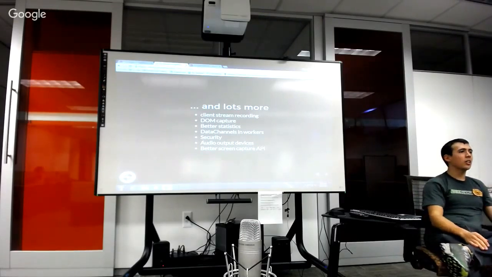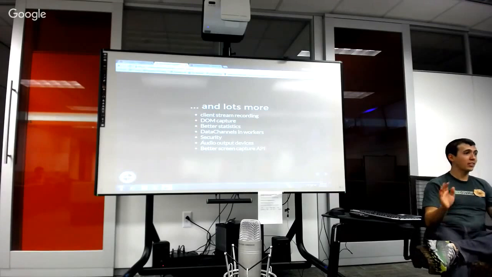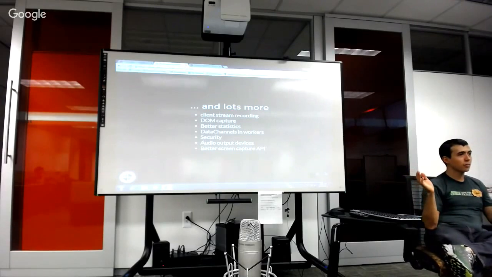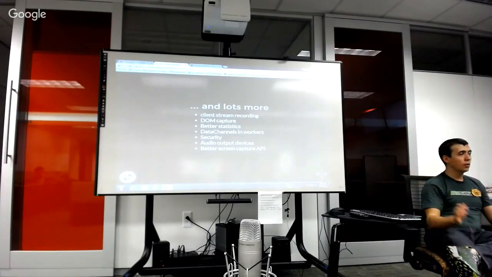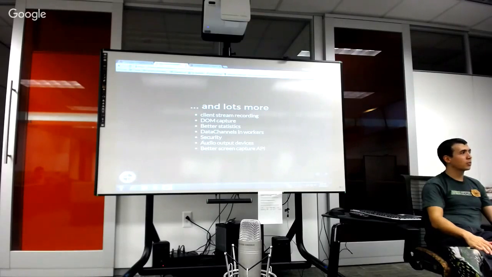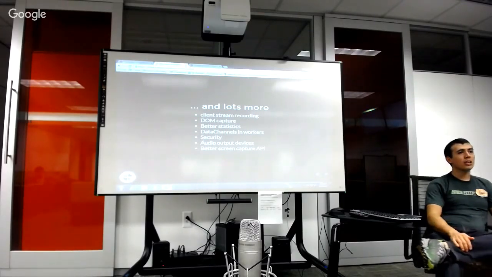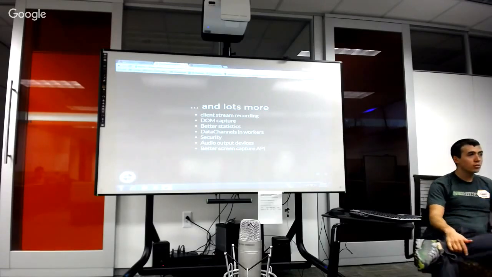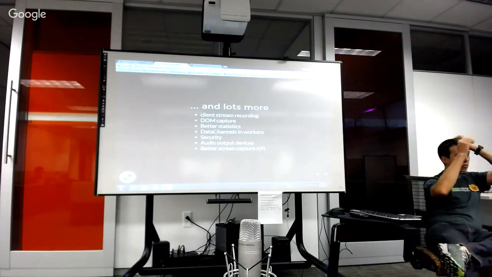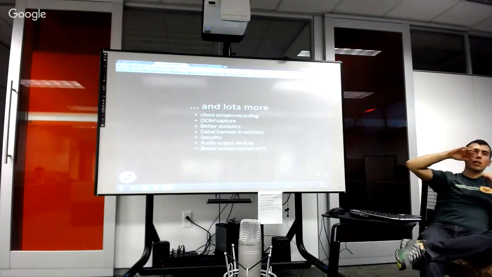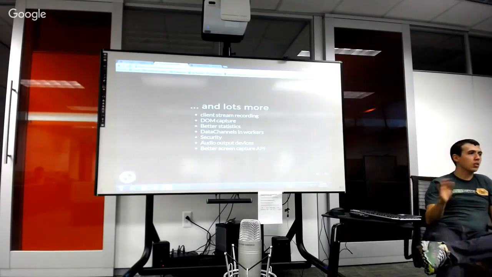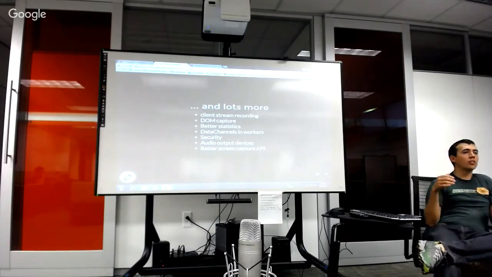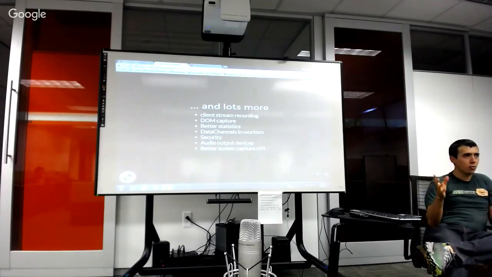Better statistics. The state of getStats right now is abysmal. Chrome does a whole bunch of prefixed stats in there that you have to inspect and spend an hour parsing through to figure out what stats you want. Firefox is closer to spec, but has fewer stats available. So getting all of that in line with the spec and saying, these are the statistics that are useful to be capturing on the fly, and let's unprefix the ones Google's got prefixed. Let's just fix that whole mess.